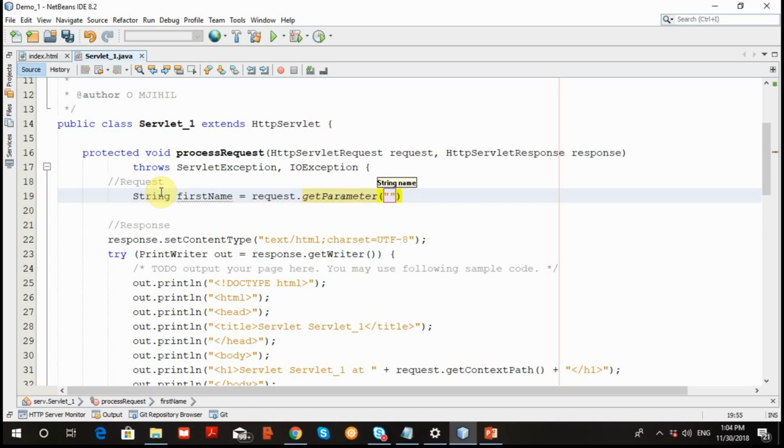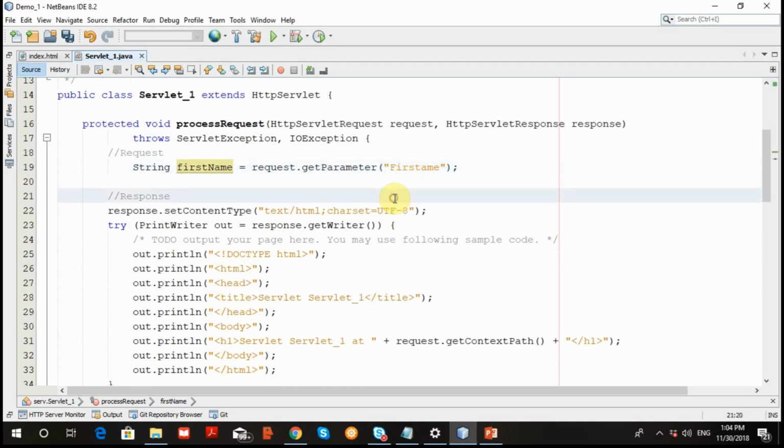Just an example. The first name is the parameter for us, and we're going to receive this parameter, which is sent by the client using a GET request. We're going to get it and use it somehow,